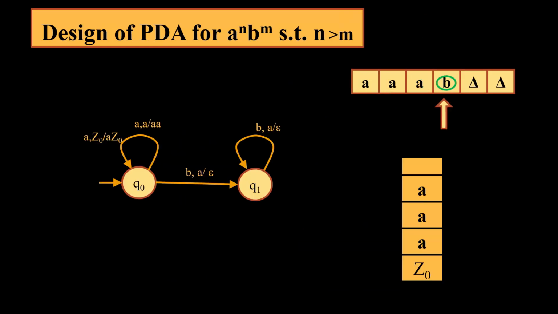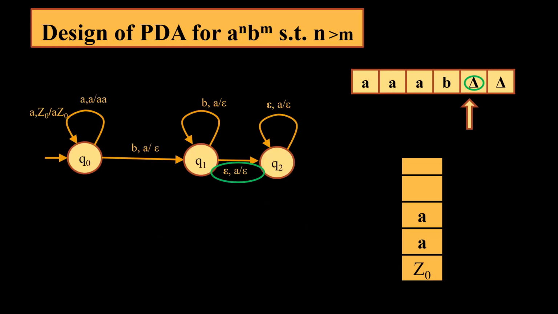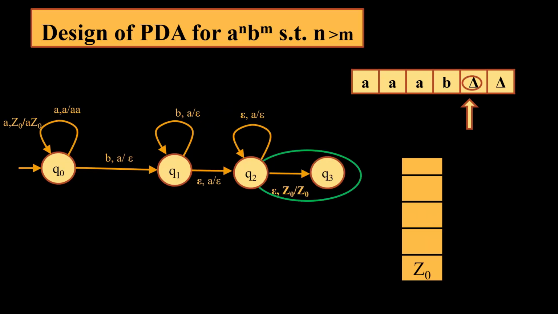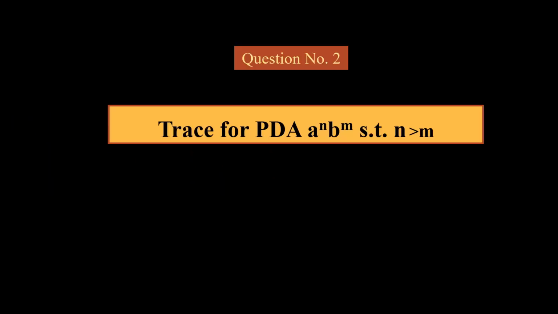When we come across B, we will start the pop operation, and it is compulsory that when the tape is empty, we should have A on the stack, and we need to perform the pop operation in order to get Z0 on the stack. That means the last element. Empty the stack one by one. Once we get to Z0, we move from Q2 state to Q3 state.